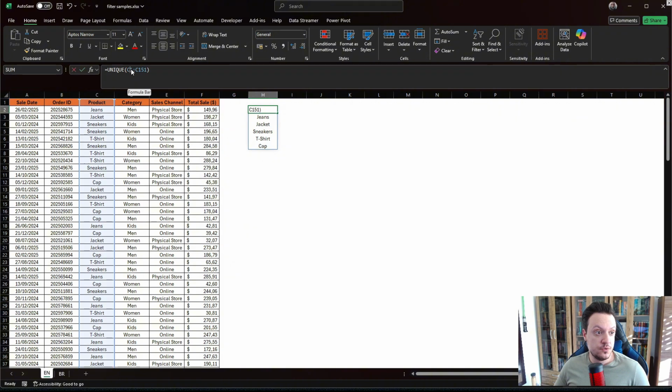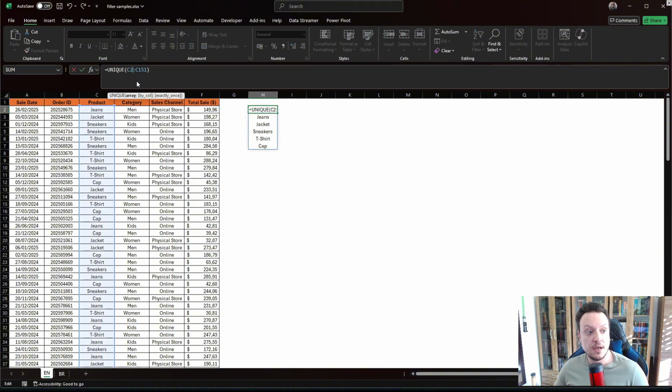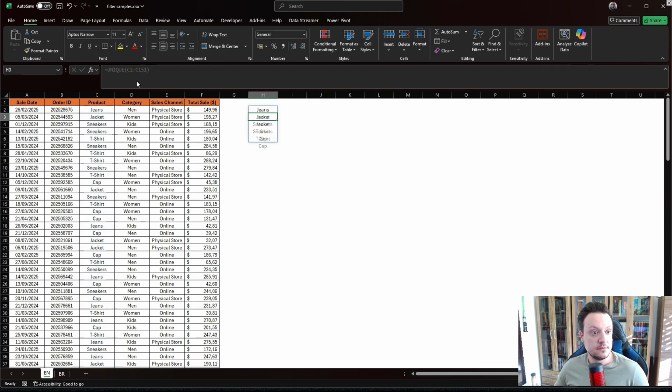But we can choose to ignore the header and just return the unique values of the column. Pretty cool, right? The second formula that I want to show you is one that I already spoke about in another